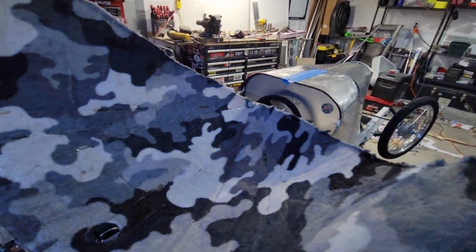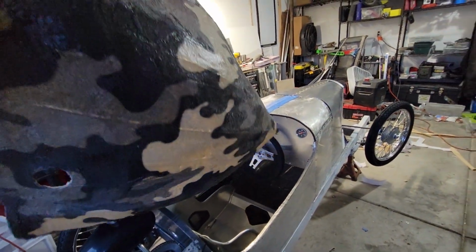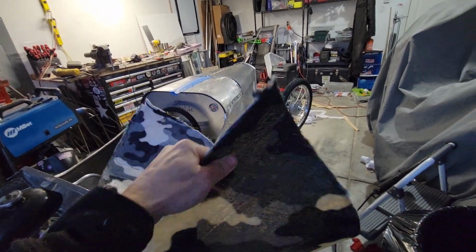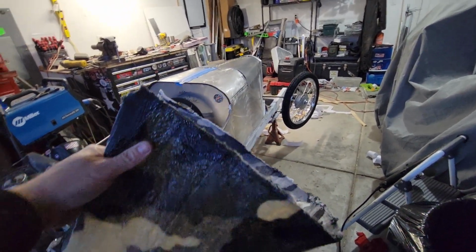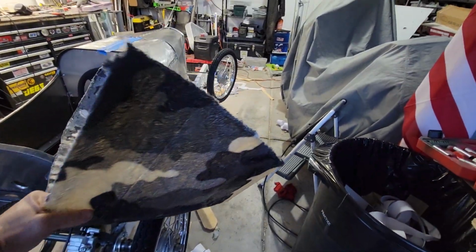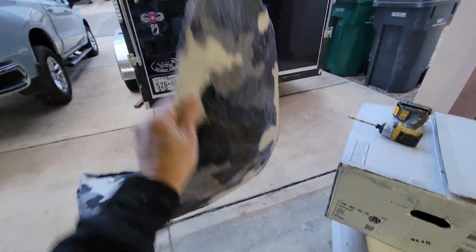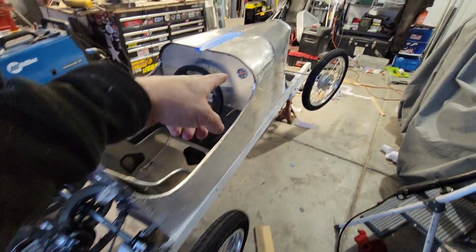But I also couldn't figure out how to fiberglass the inside of it and make it hold its shape. I would need a buck for it to sit inside to add fiberglass resin, or at least resin, even if I didn't put cloth on it, to get it to hold its shape. And I couldn't figure that out. So I'm fiberglassing it again. And then we got the hood